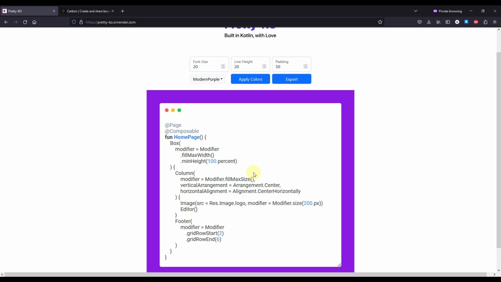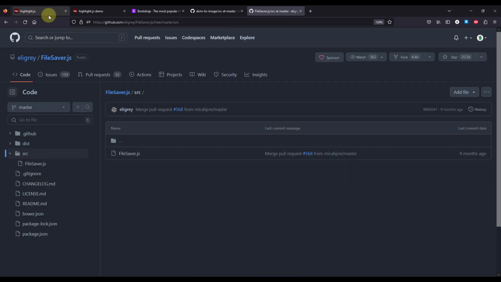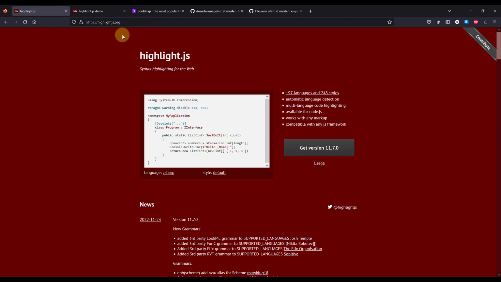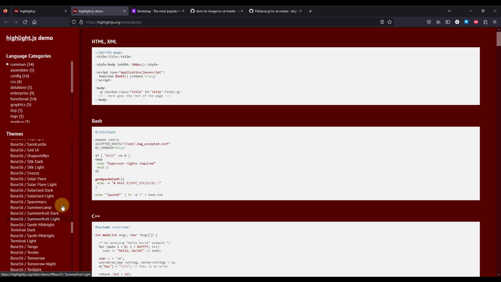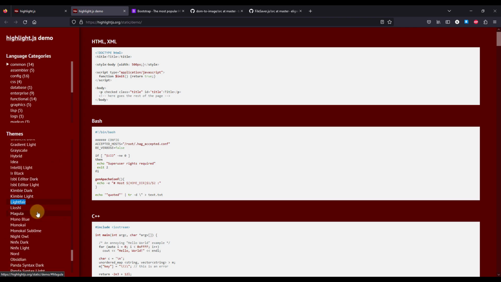So at the moment, as I already mentioned, I'm using only one theme, which is why I can see only those bluish colors. Anyhow, that highlighting library is called the Highlight JS, so you can check this official website, highlightjs.org. And in this specific link, we can also check out different kinds of themes that we can use with this library. So at this point, I'm using this light fair